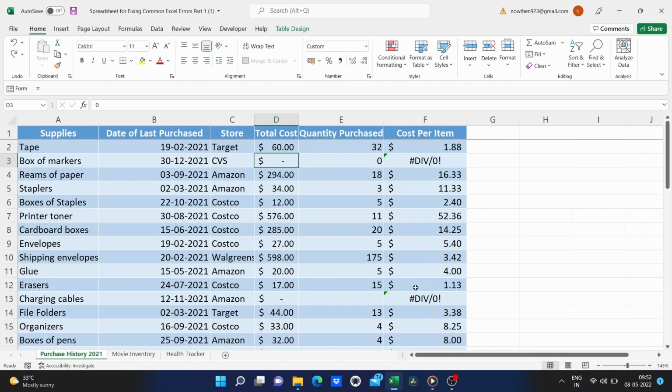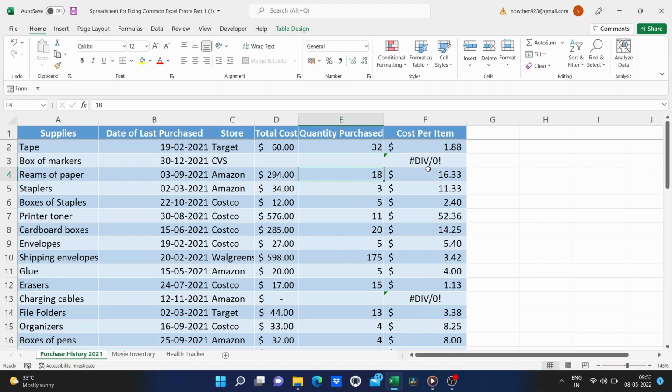Well, one way to fix it would be to not divide by 0. So if I go out and buy a box of markers, let's say it's $6 and I get 1 box. Now that I have something other than 0 in this cell, it updates and there's no error message. But what if I don't want to buy a box of markers or don't need to? Well, let's just zero those out.